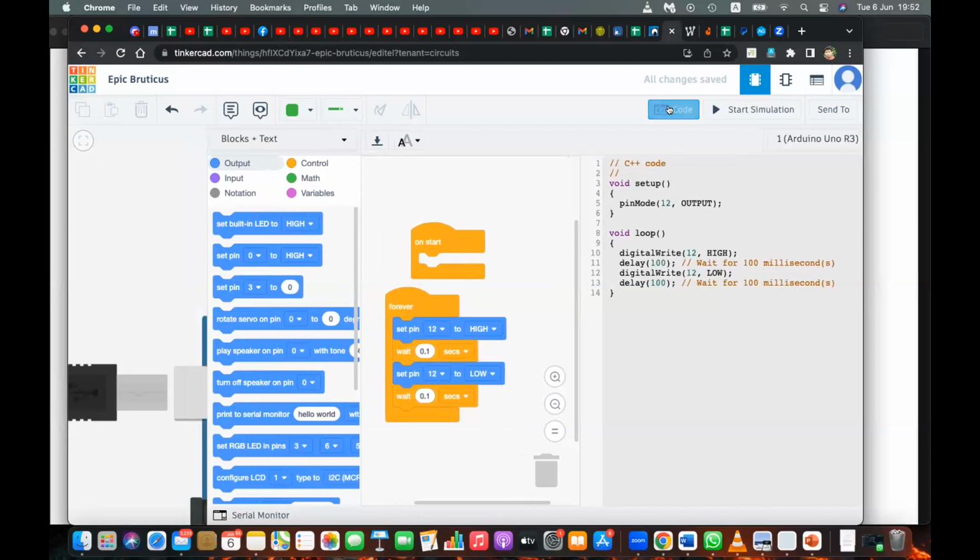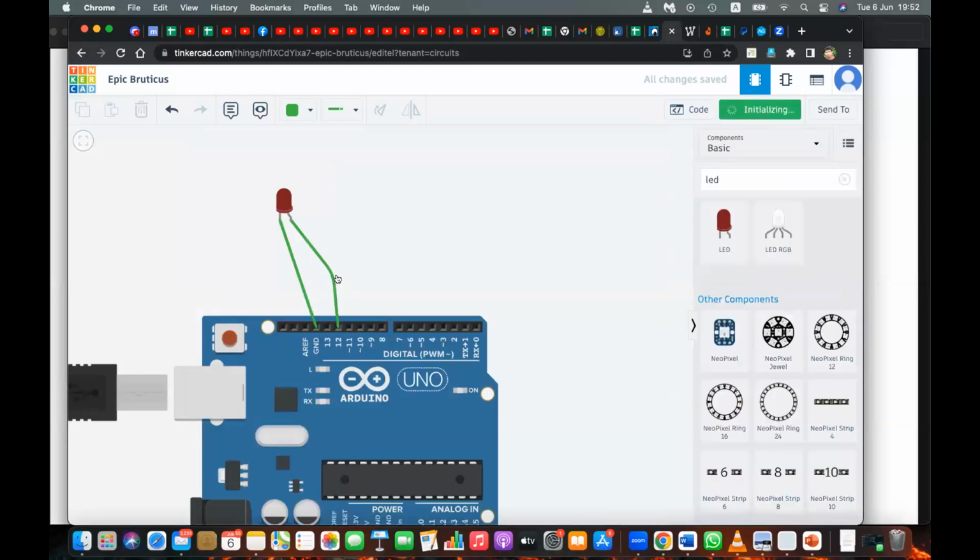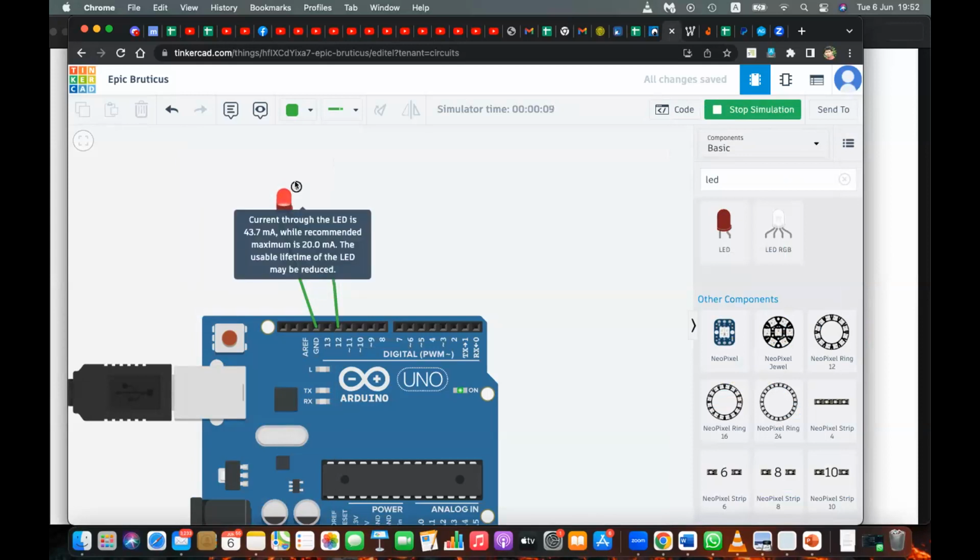Now let me run the simulation. You can see the bulb turns on and off very fast. Because of this problem mark, you can see, it gets more current than expected. The potential is there to burn the bulb, but it will not burn, don't worry. It's anyway manageable, but it's getting more than expected. That is why this problem mark comes.